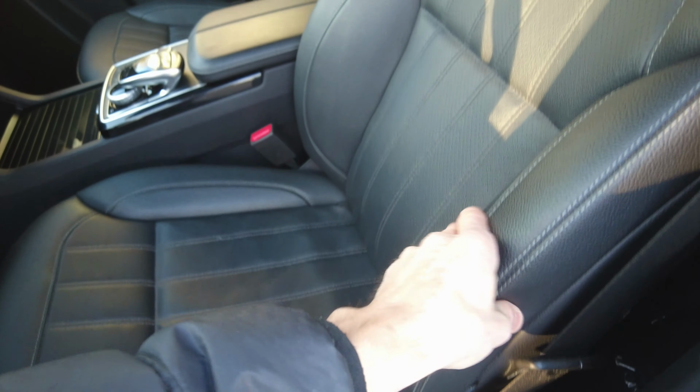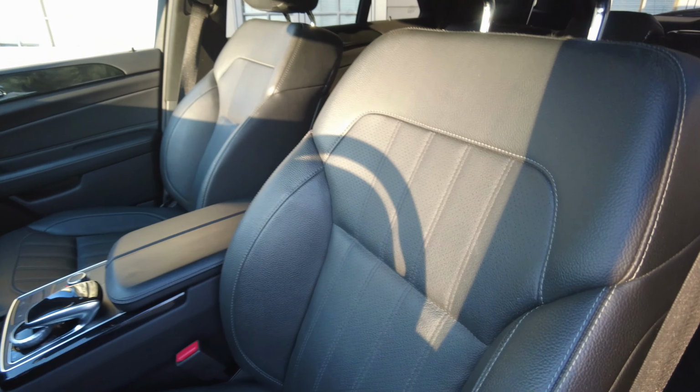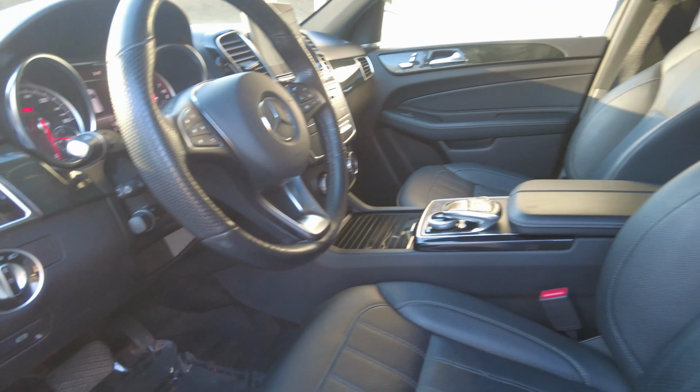Some light little wear marks here, but other than that, these rear bolsters look perfect, and the rest of the seat really looks nice as well. And once again, this bit of color we can see from my hand, that's just from the sun shining on it there. But now I'm gonna get in the vehicle,